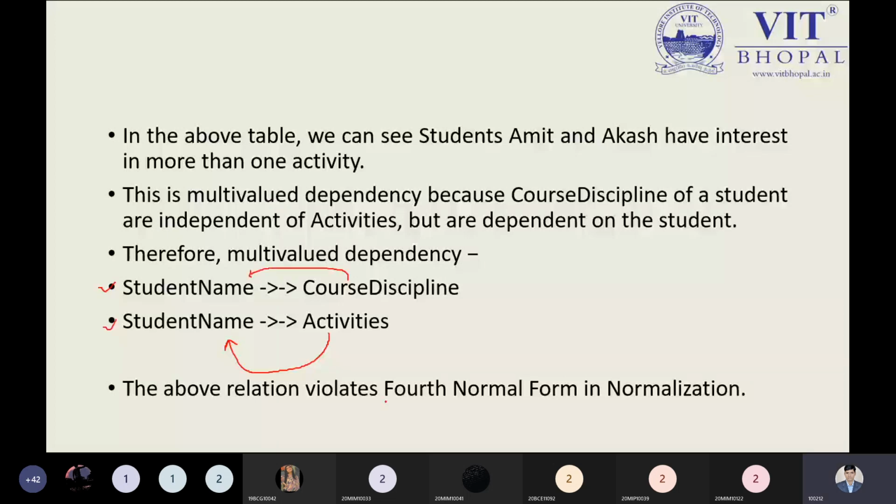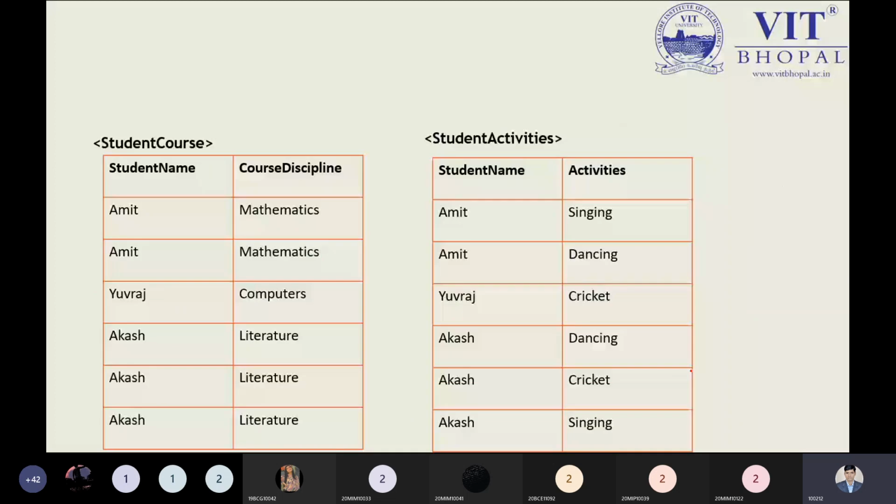And what is the fourth normal form? I will tell you, but before that, let us understand the multi-value. This multi-value should not exist inside the fourth normal form. That is the reason we are calling it the fourth normal form. That is the point we have to keep in mind. So we have a sequence. What is the multi-value? And after understanding multi-value, this should not exist inside the fourth normal form. It means we are violating the rule of the fourth normal form. That's why this point is written over here. So what would be our two different relations after the break? So why is it breaking?